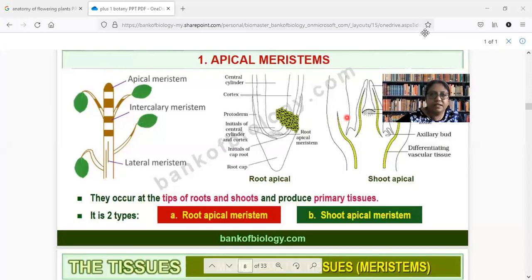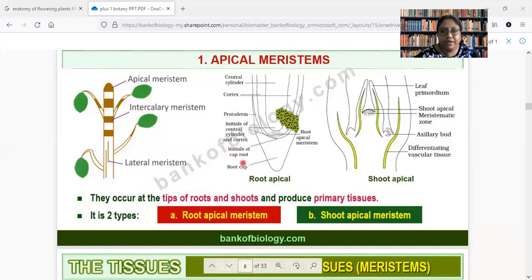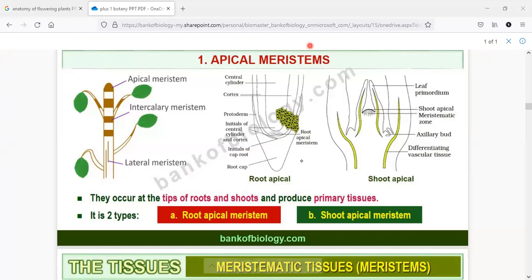So the thing is that in case of apical meristem, it is present in either shoot apex or root apex. Okay. So always remember the meristematic tissues can be divided based on many things. This type of classification is based on their position. I will let you know about what are the other types of classification of meristematic tissues. So after apical meristem, there is